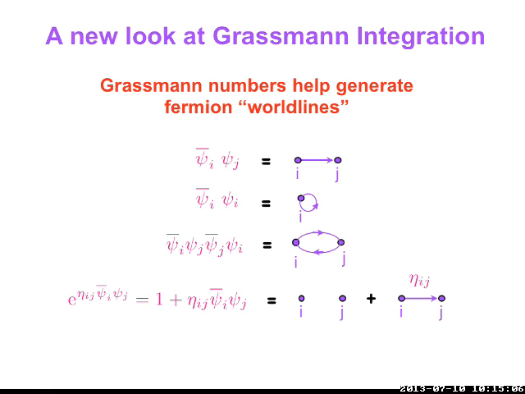For example, every time there is a psi bar and a psi on, let's say, sites i and j, I just put a directed arrow. So for example, psi bar i psi i on the same site would just be a circle on itself. Now psi bar i psi j, psi bar j psi i will be a thing that goes from i to j and j to i. So that will be a loop. And remember that since the square of each Grassmann variable is 0, on each site I can only have one psi bar and one psi, and I do need one psi bar and one psi before the integral is non-zero.